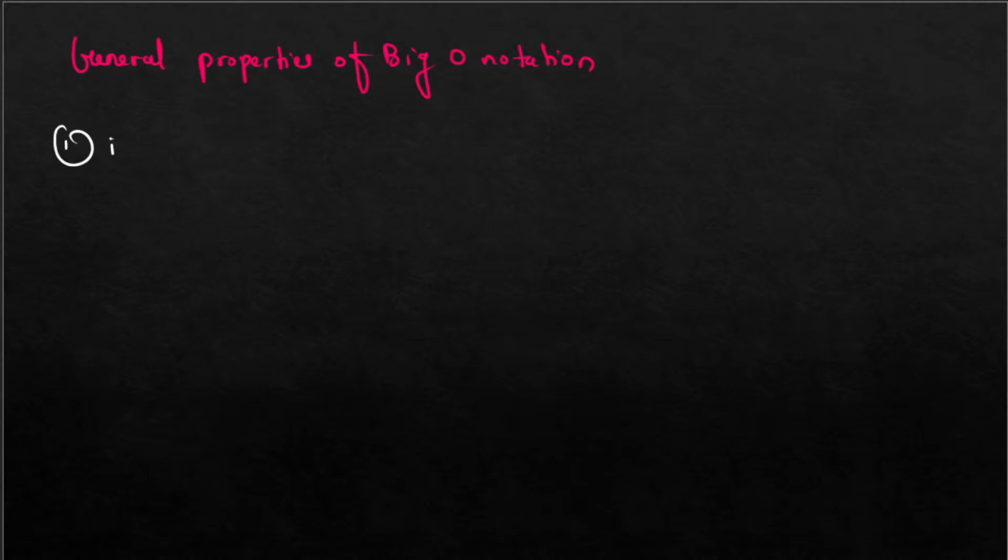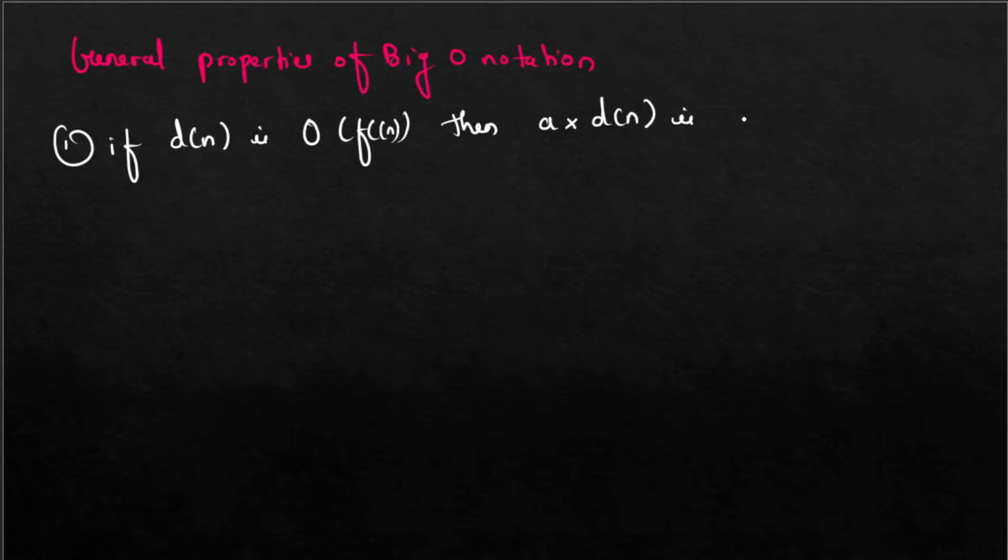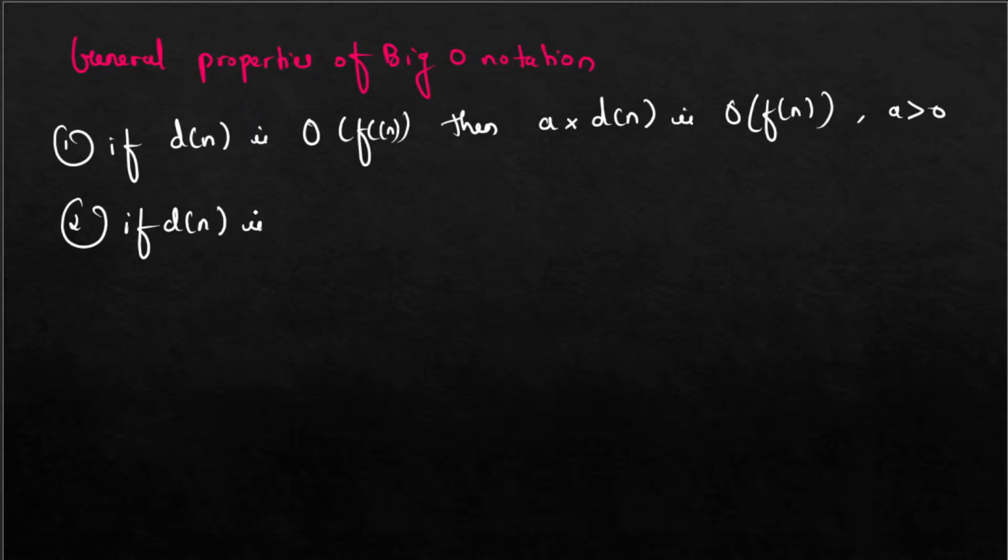The very first is, if d of n is big O of f of n, then a into d of n is big O of f of n, where a is greater than 0. Second is, if d of n is big O of f of n and e of n is big O of g of n,